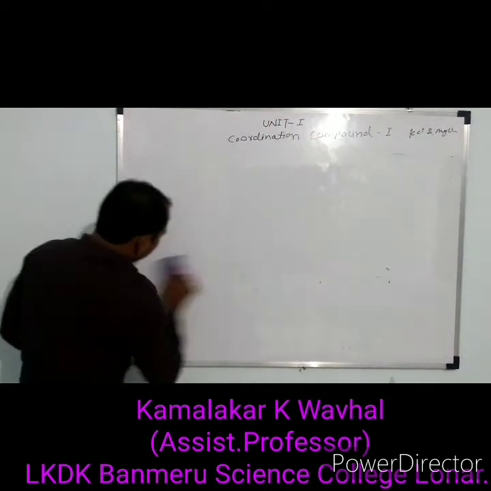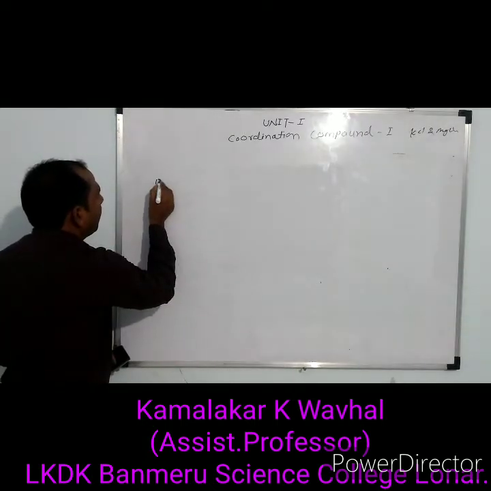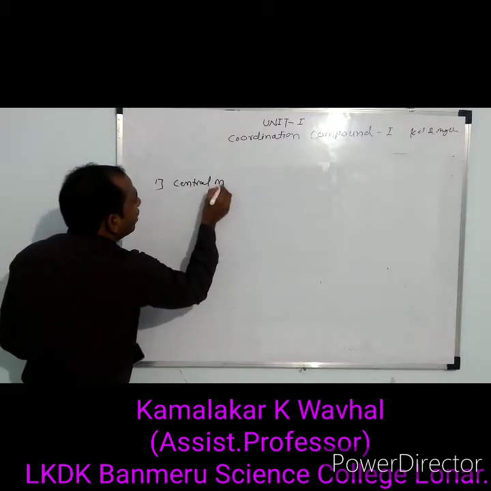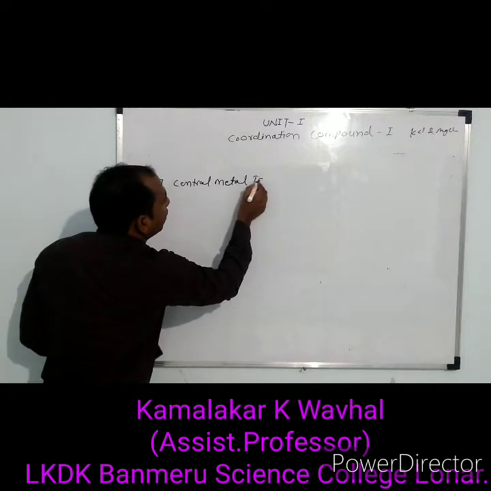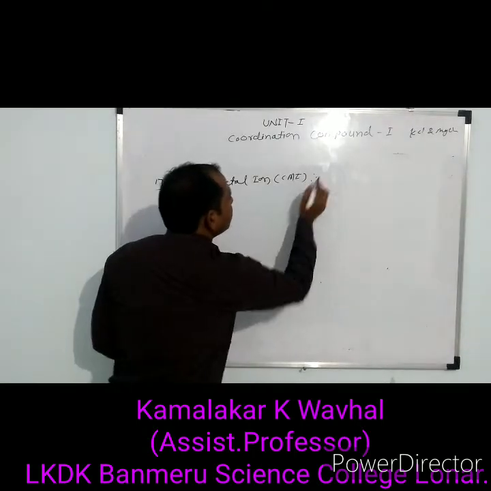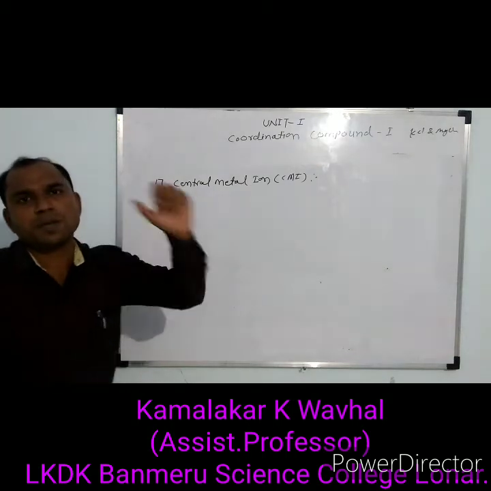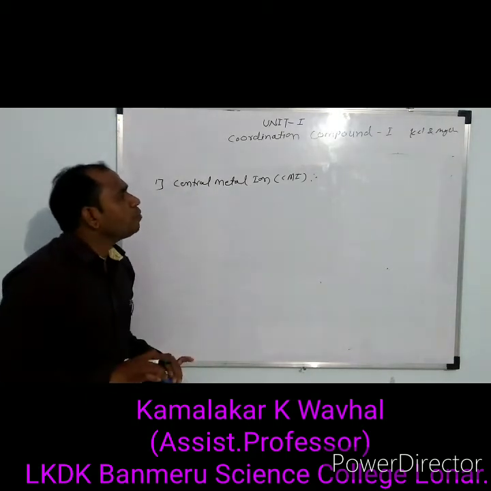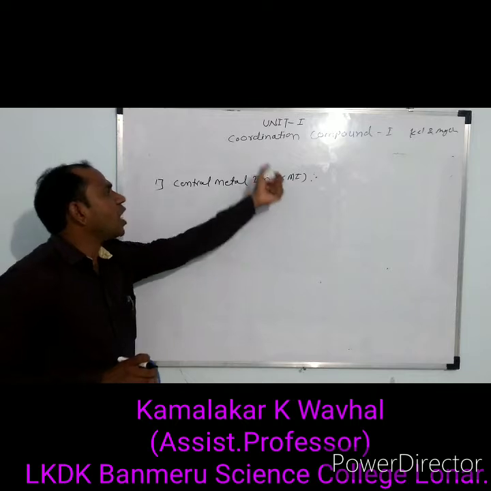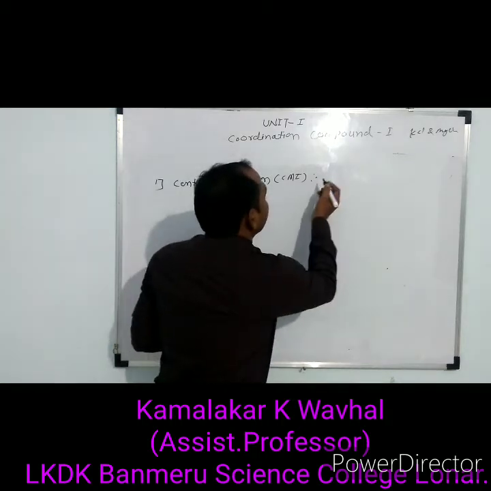General terms used in a coordination compound. The first term: what is meant by central metal atom? Central metal ion, in short, is called the CMI. What is the definition of the CMI? CMI means it is the positive metal ion or cation which is attached to two or more